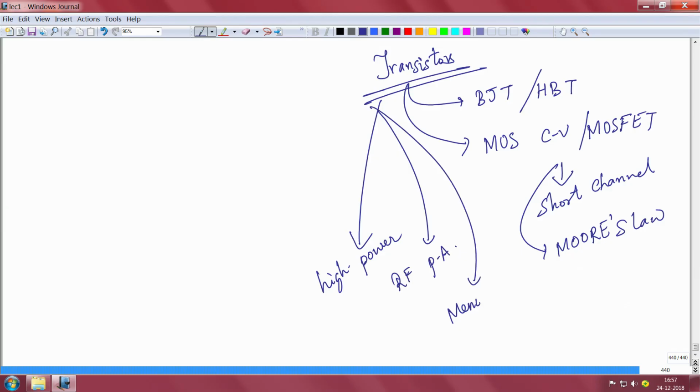devices, right. These may not be in the syllabus of many entrance exams, but these are something you should be generally aware of, like what are the things needed in a material or in a device to qualify it as a high power switching transistor or an RF amplifier, what are the figures of merit, how do transistors work as memory devices, and so on.